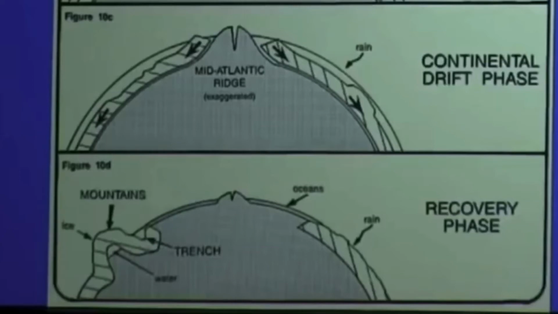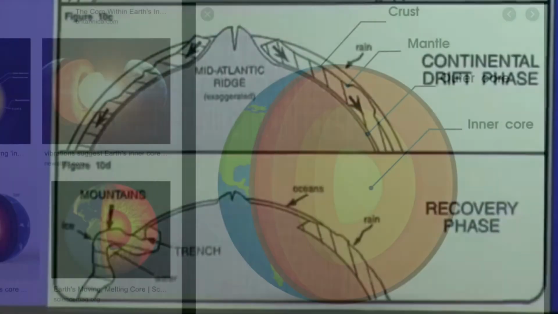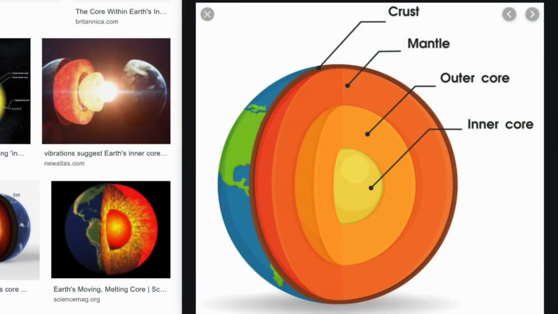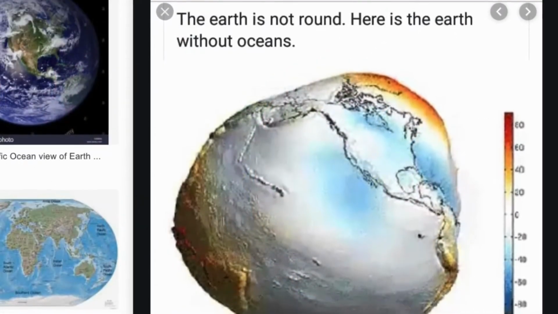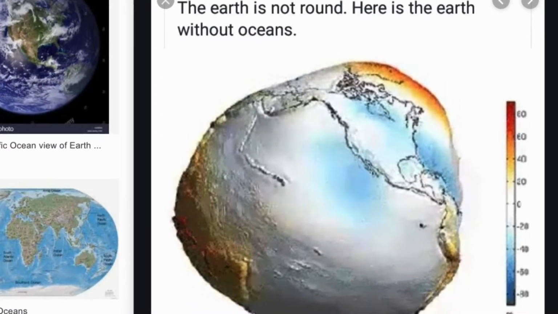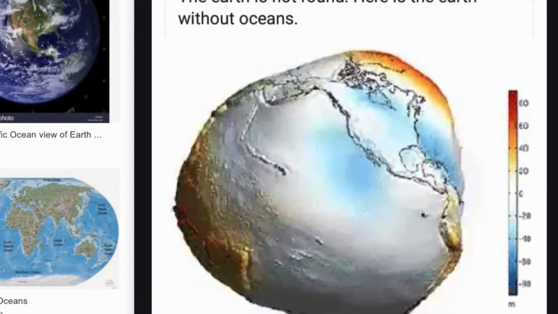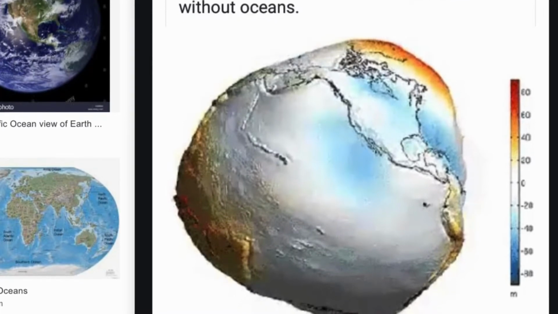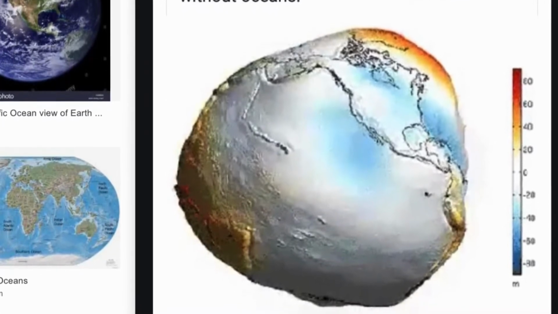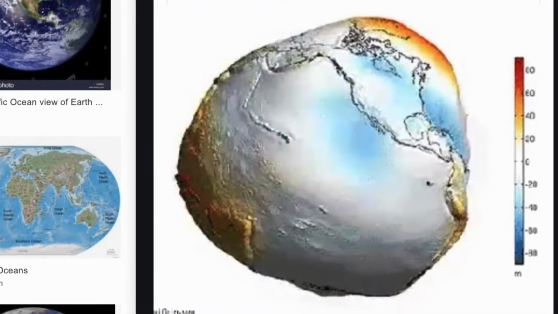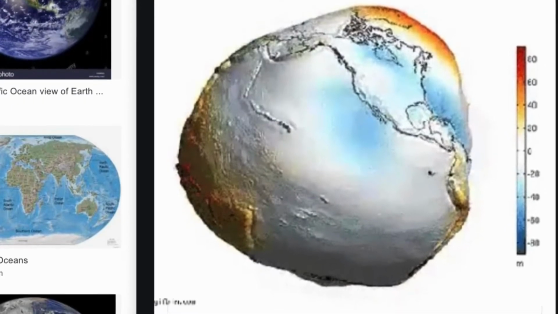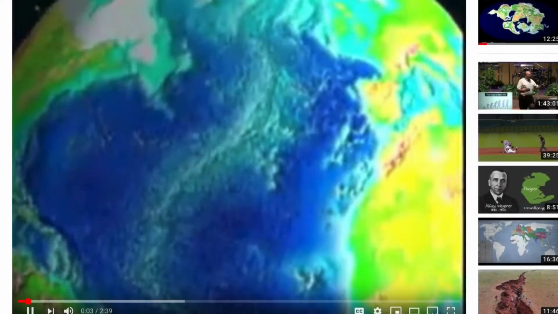This also explains why the continents would even move in the first place. You can imagine they'd be stuck to the Earth at one point, but the thin crust of the Earth is dirt, not like the mantle, right? That would be rock. Now here's a picture of the Earth without the oceans. If you look to the left and to the right here, you see the continental plates. Now picture how they'd move around the Earth's crust if there's water underneath them.